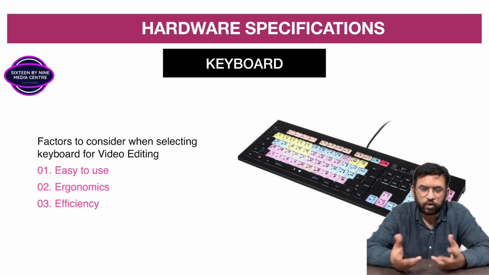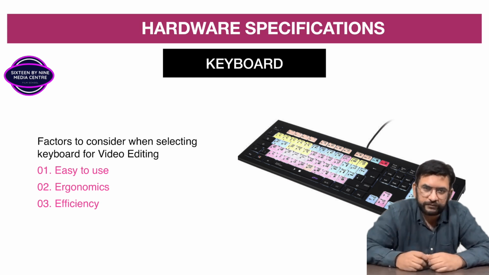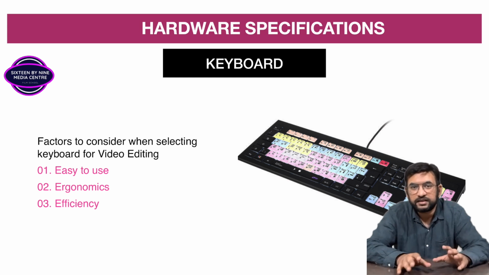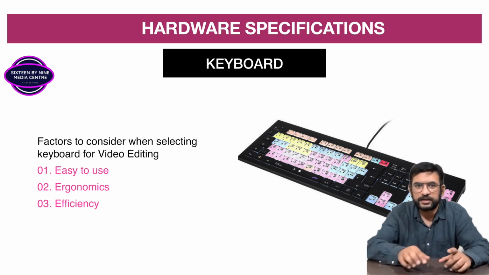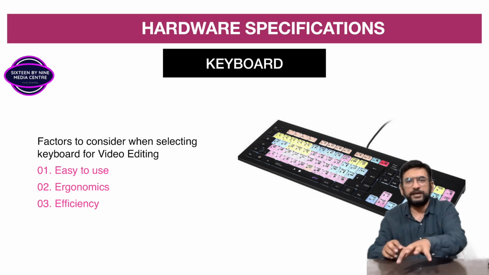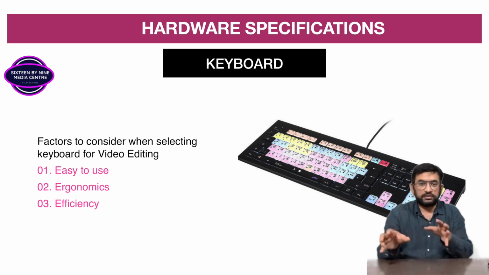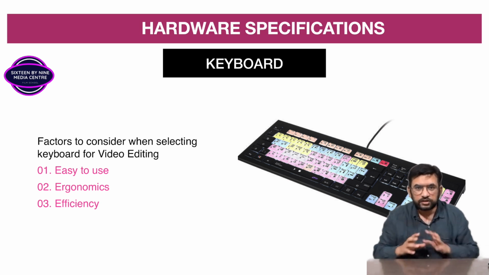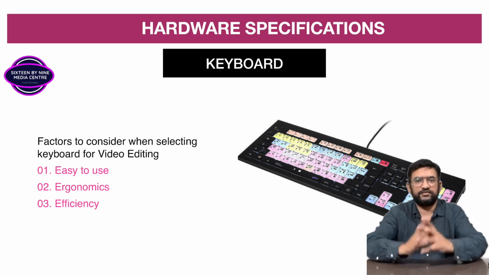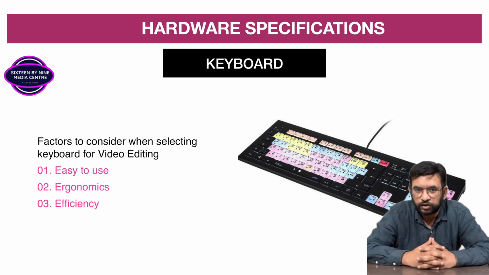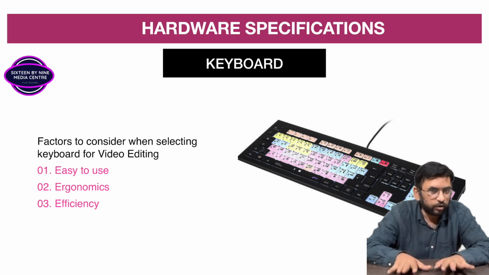You might think, what efficiency, all the keyboards are the same, what different efficiency, but no. When you are editing, there are many commands where you have to follow a chain of commands. For example, I, O, spacebar, enter, or S, or Control B, Command then Space. So the keyboard must respond, and it should be compatible with the monitor and the CPU so that your work is efficient. 3 factors, again I'll repeat: ease of use, ergonomics and efficiency. These 3 things you need in order to have the right keyboard for your editing.